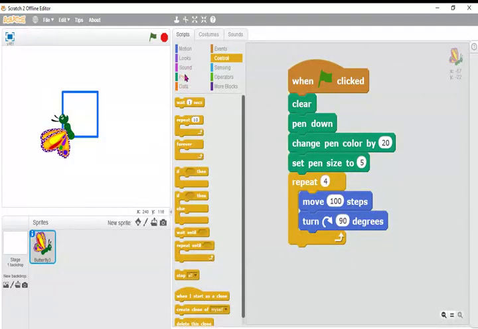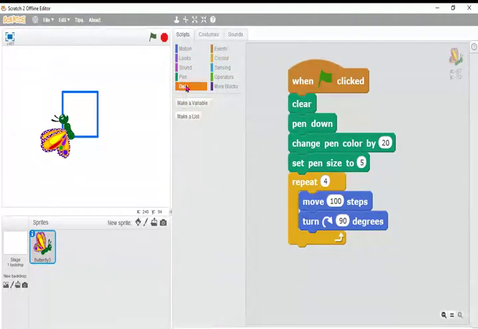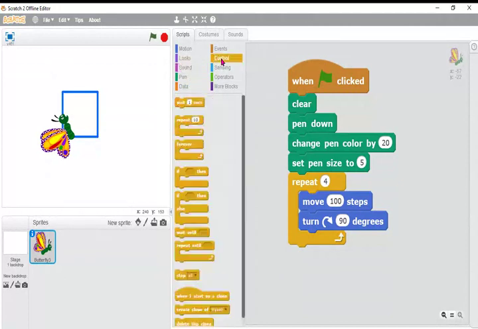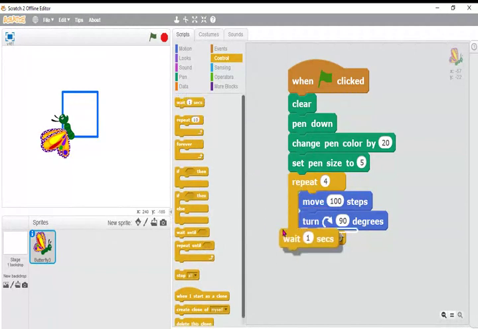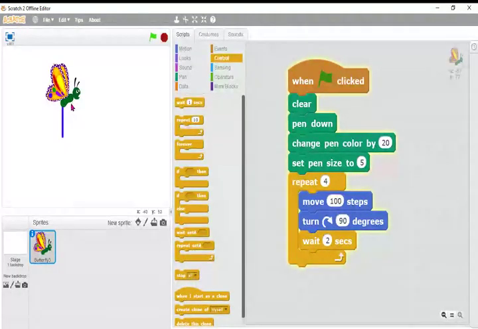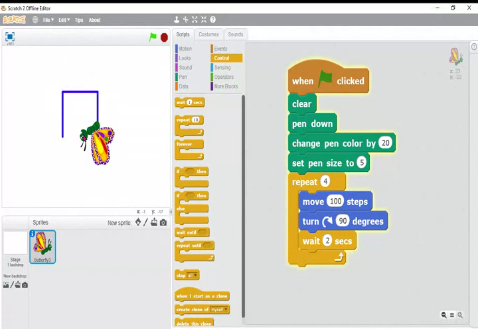Okay, if I add a wait, then you can understand it very slowly as it runs. Then for wait, which is the one? Waiting. Here we will see wait. Where is wait? Wait 1 second. Here I added it, or I will say 2 seconds. Now we will click: first line, stop, second line, stop, third line, 2 seconds, stop, next line. Okay.